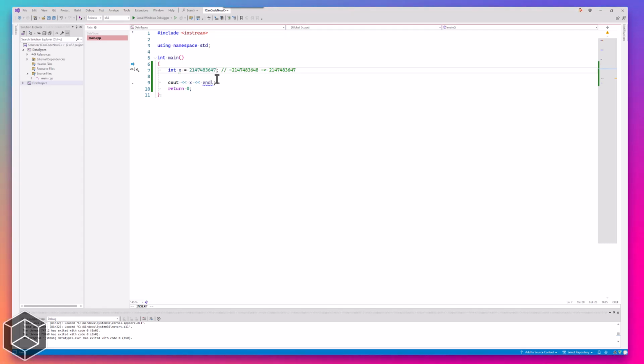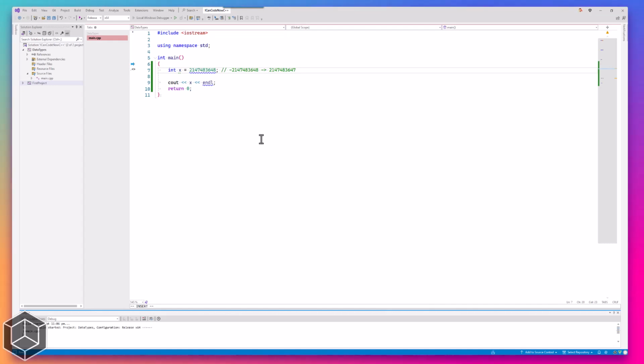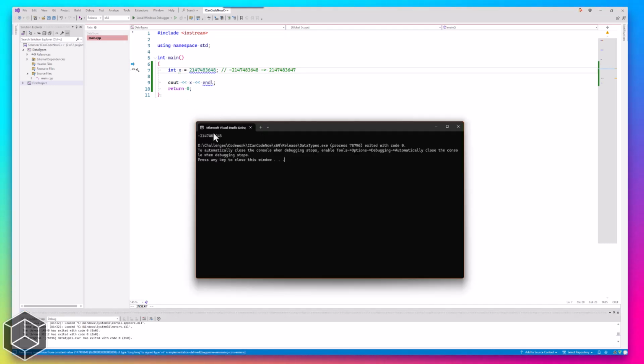So I will add 1 to this maximum value, and let's now try to build this. Now you see that we have this minus sign at the beginning of the value. This is because the maximum value ends in 7, and if we add plus 1, the value that exceeds this will wrap around to the minimum value, and we will start seeing minimum values up to the maximum value. This is called overflow, and we can also have overflow in the opposite direction, and this is the problem that is caused by